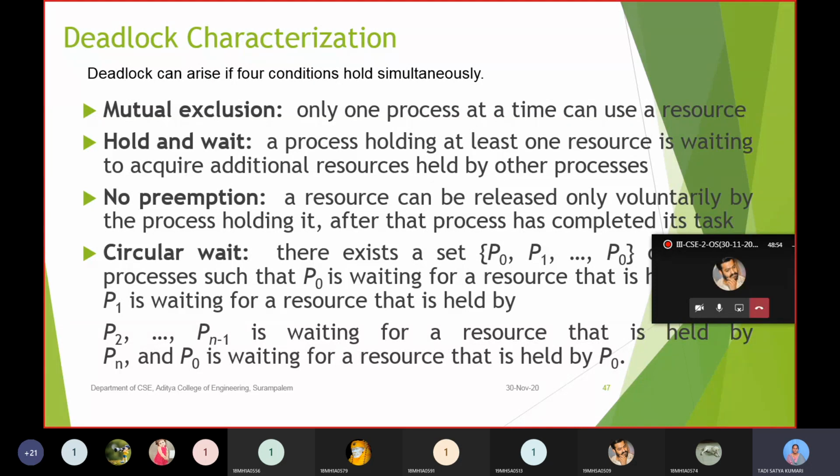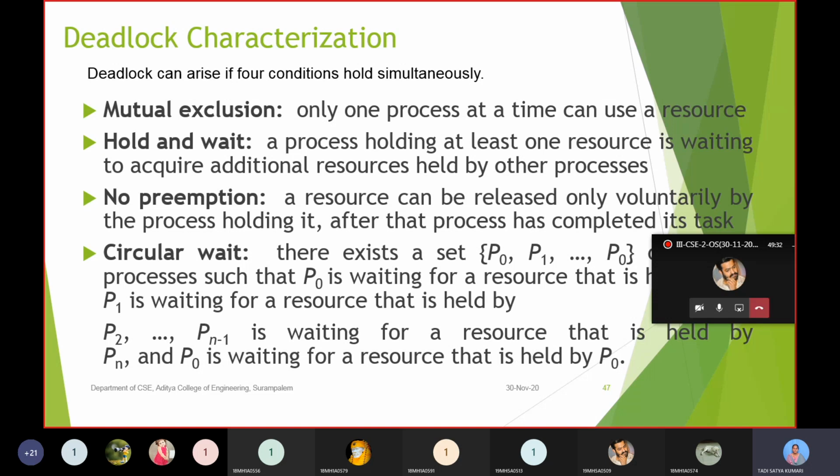These four important conditions, sometimes this question will be asked for 3 marks, and sometimes for 7 marks also. If you write these four conditions, and remember the side headings, then if it is a 7 marks question, half of the marks will be given for these side headings only. If you have written the four: mutual exclusion, hold and wait, no preemption and circular wait, it will give you half of your marks. Very important question related to deadlocks.